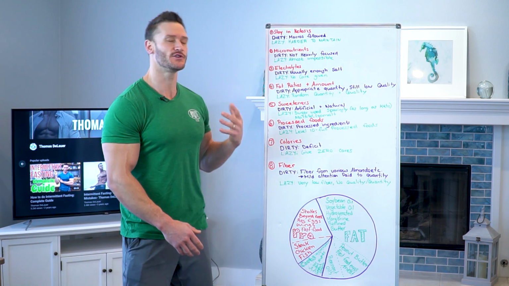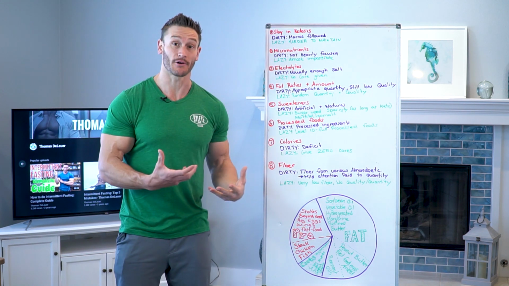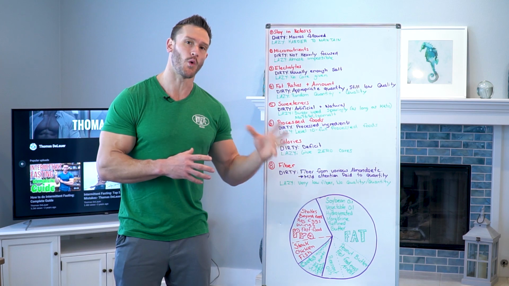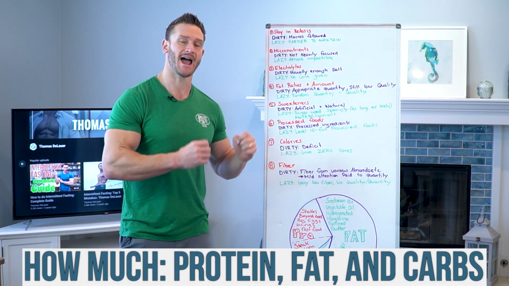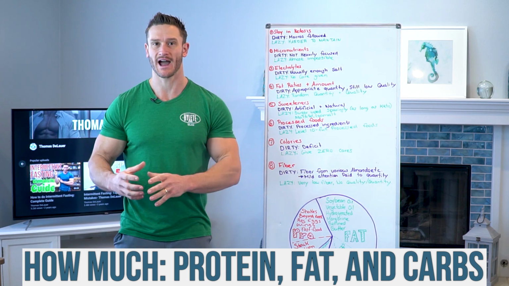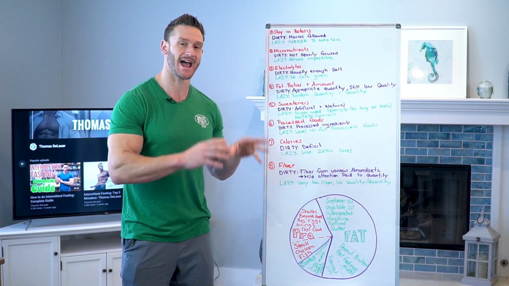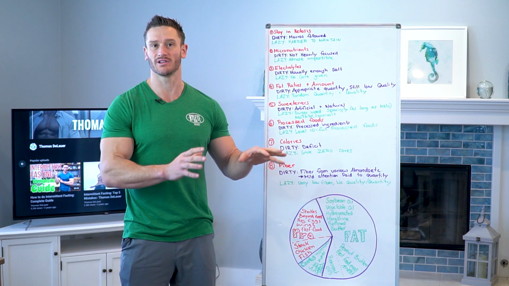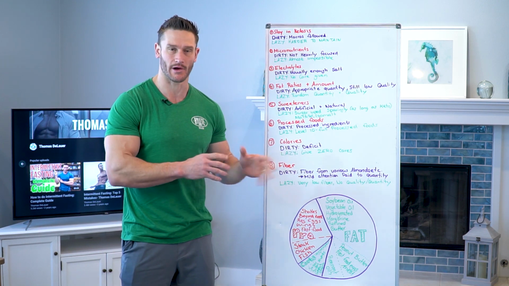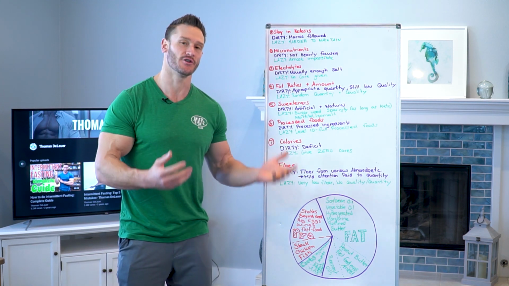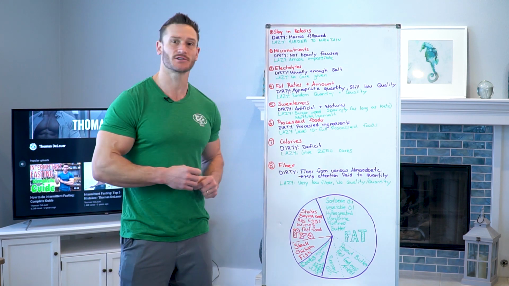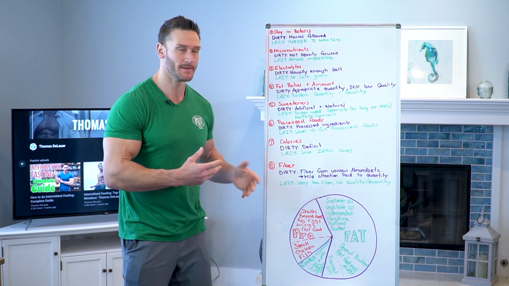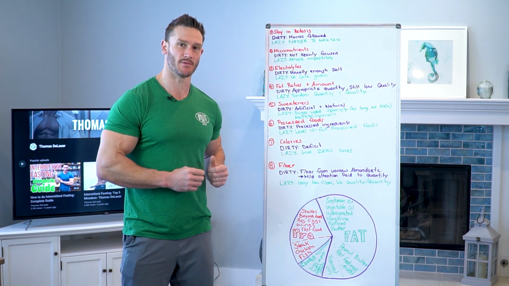Here's why. Because with dirty keto, you're following macros. Dirty keto is about the quality of the food, but you're still paying attention to how much protein, how much fat, how many carbohydrates. As long as I have those macros, I can eat more or less whatever I want within that category. If I'm allowed to have 100 grams of fat, it doesn't matter if I have 100 grams of fat from mayonnaise or 100 grams of fat from olive oil. But you still have a set number that you're having.